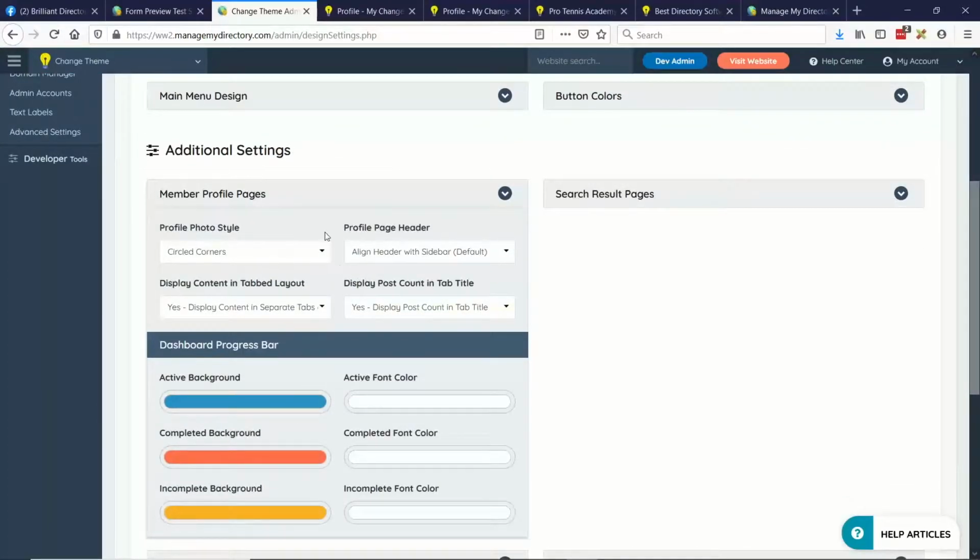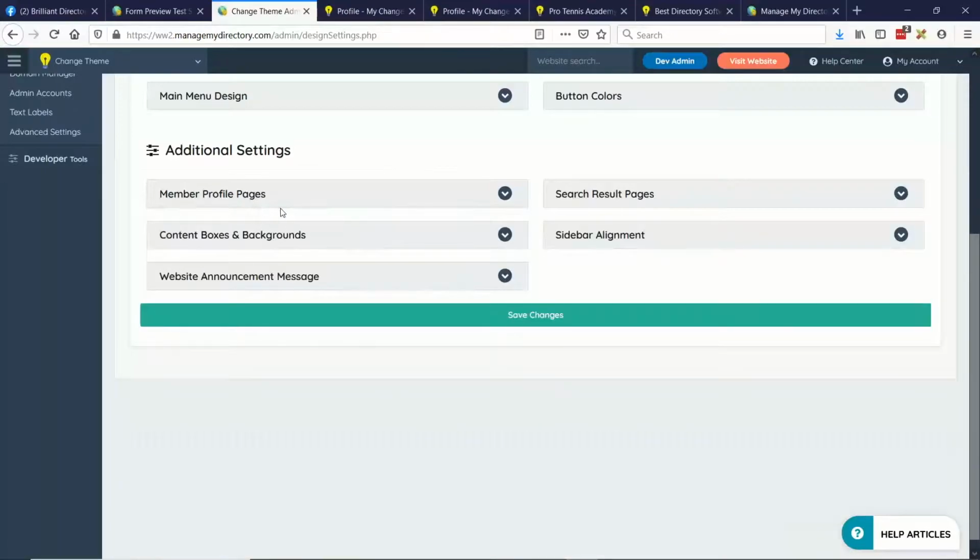Most notably, you can choose things like the profile photo style, circle or standard corners, and how you want the content displayed on the member's profile page. Do you want everything in its own tab, like the overview tab, coupons tab, reviews tab, or would you like everything to just stream on the page without any tabs?